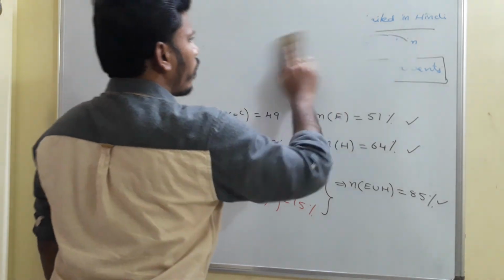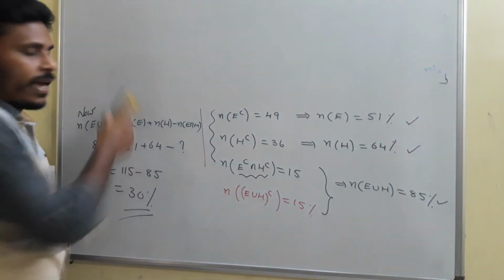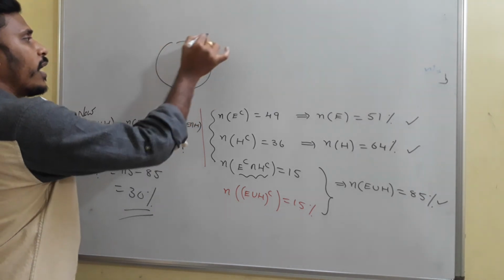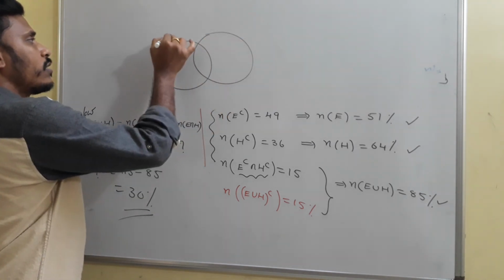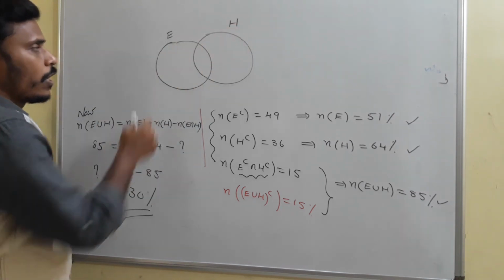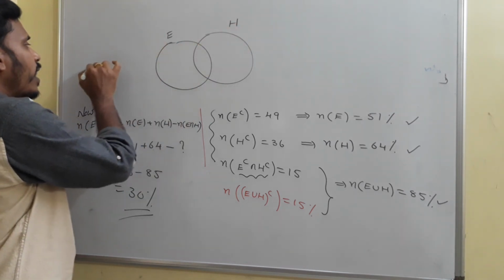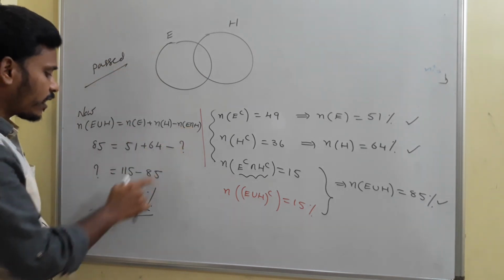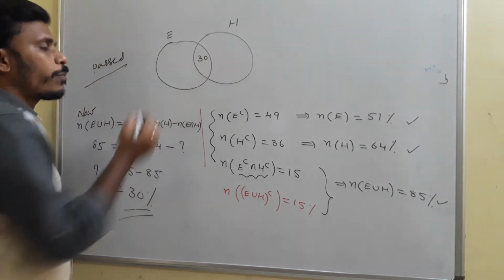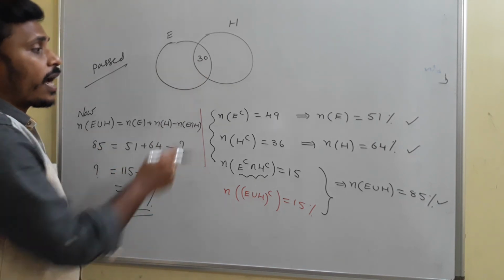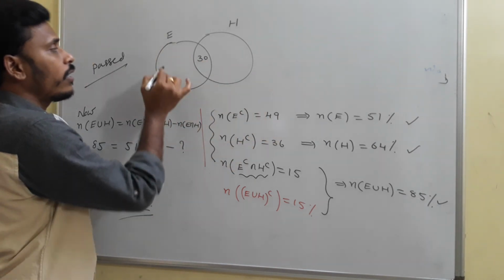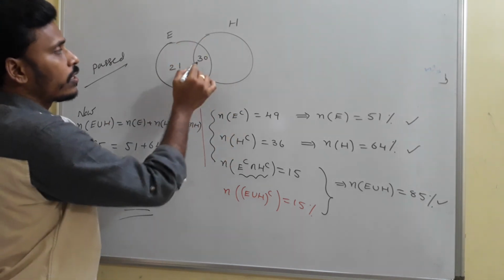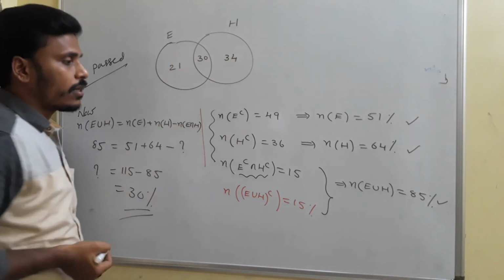So you may use a formula or you may go with the Venn diagram. Now you just take two circles, one circle for English and another for Hindi. So this is for English, this is for Hindi. The diagram just represents the number of passed students. So totally E intersection H I get as 30. So 30% passed in both the subjects. The first circle indicates 51, so this part is 21. Whereas the second circle indicates 64, since this part is 30 and this part is 34.